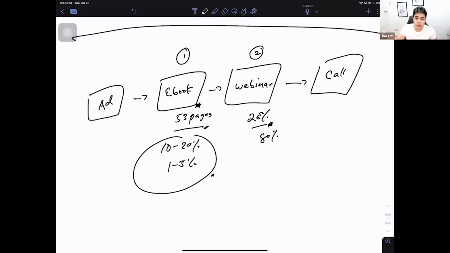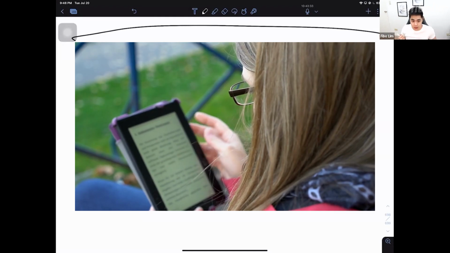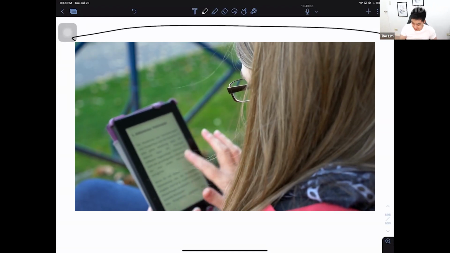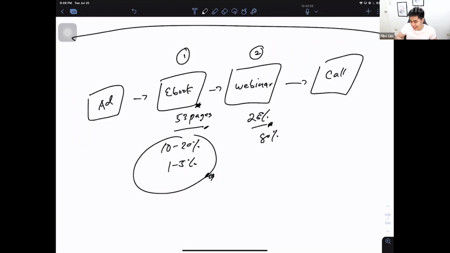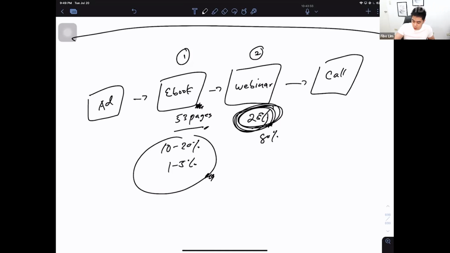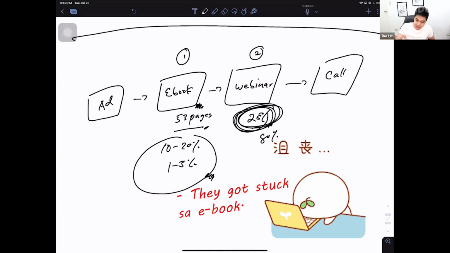The advantage naman, based on what you said, maybe there are people kasi who are really masipag mag-aral. Okay? But that's only like 1 to 5%. Yun yung tatapos ng ebook na yun. Okay? So in short, 95% of your audience has not finished the ebook. And they might say, since hindi ko pa natapos yung ebook, hindi na lang ako mag-attend ng webinar. So that's the first option. You can continue doing that and look at the stats. If yung show up rate mo sa webinar is still high while giving the ebook, then keep going. Because mataas yung webinar. But if you notice na only a few people are attending the webinar, maybe because they got stuck sa ebook. Okay?